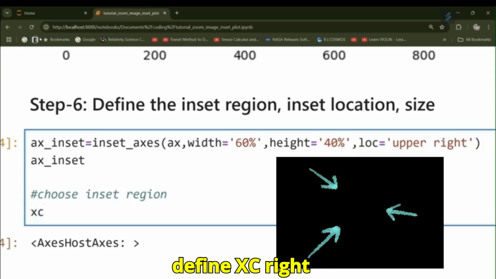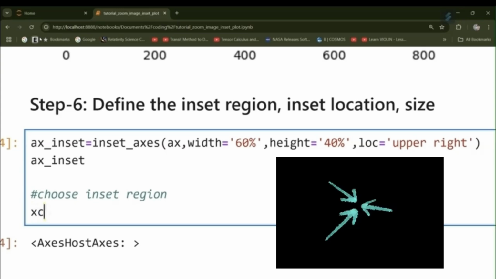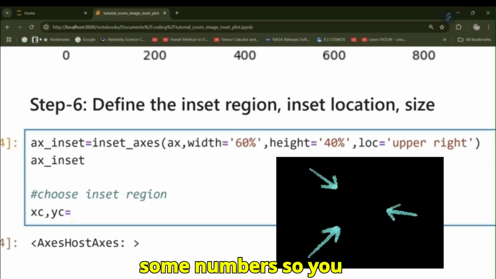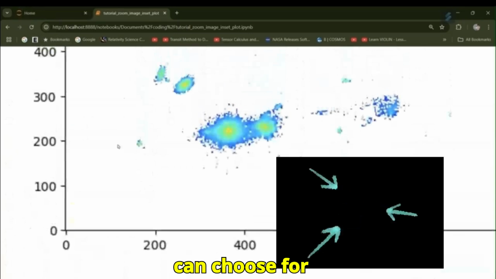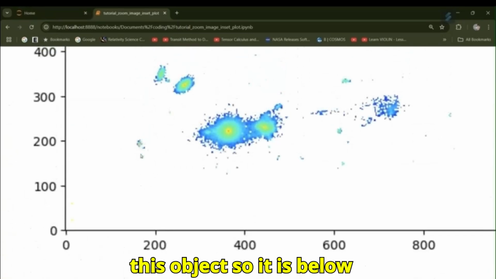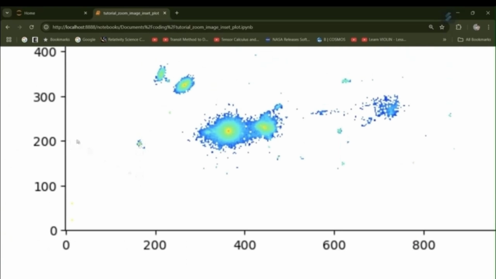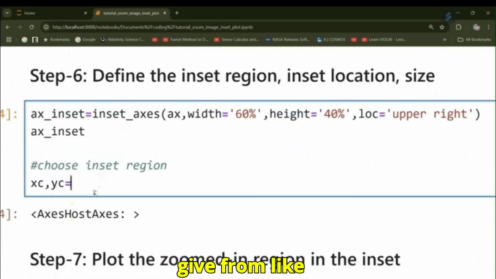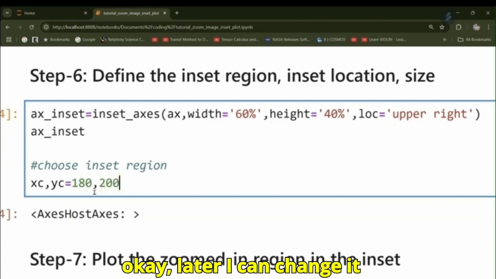So you can define xc, right? Here xc and yc you can give some numbers. So you can choose for this object. So it is below, it is around 200. Okay, so I can give from like 180 to 200. Okay, later I can change it,